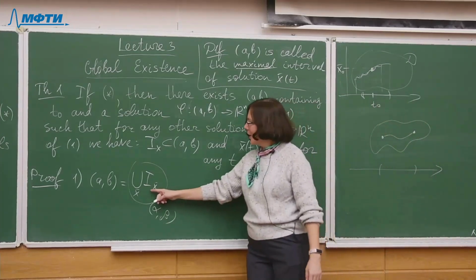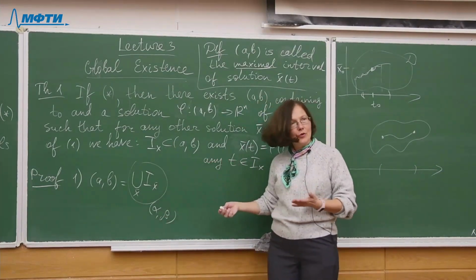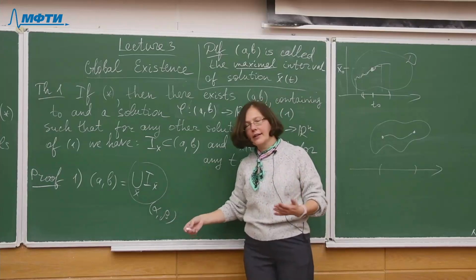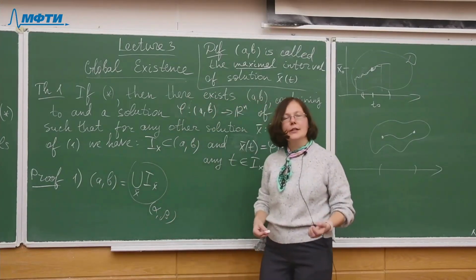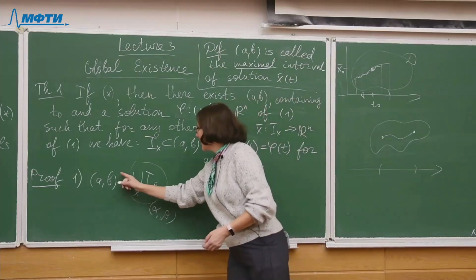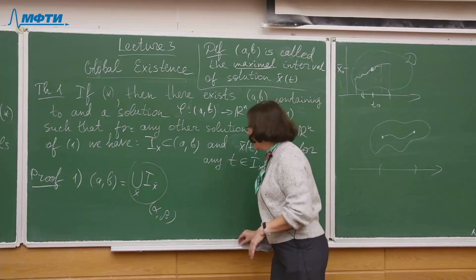Okay, so any 2 points can be connected via t0, and so this union is connected, and it follows that this is an interval from A to B. So yes, we can define AB in this manner, and after this,